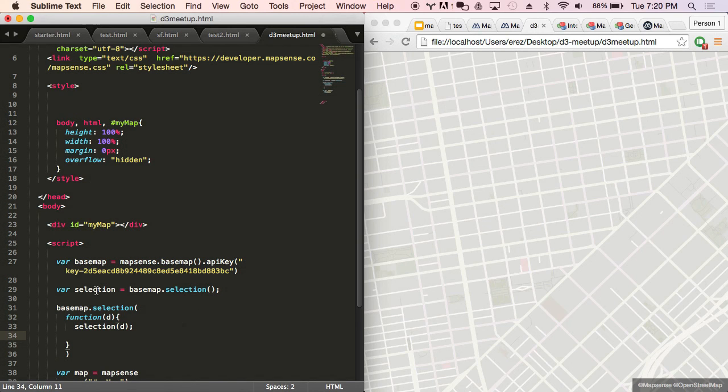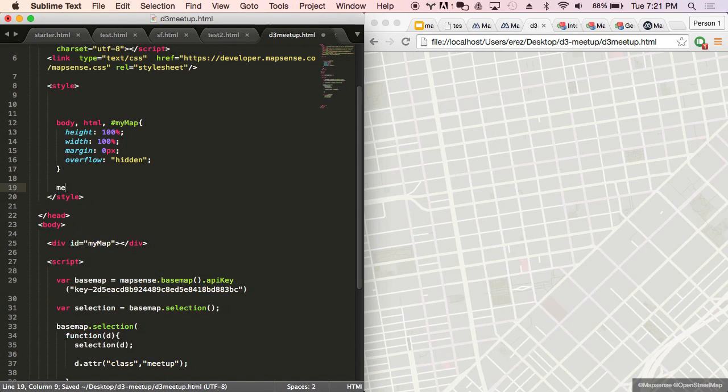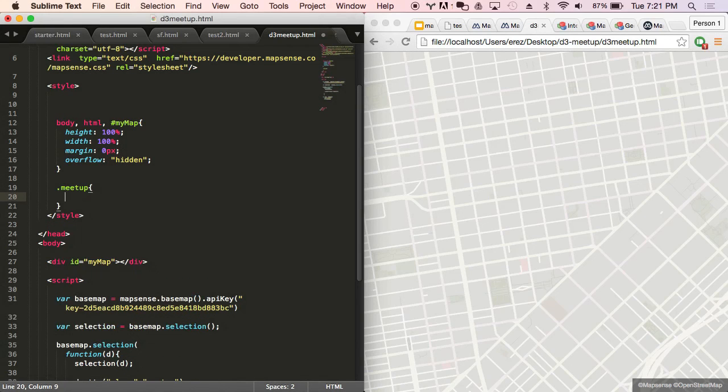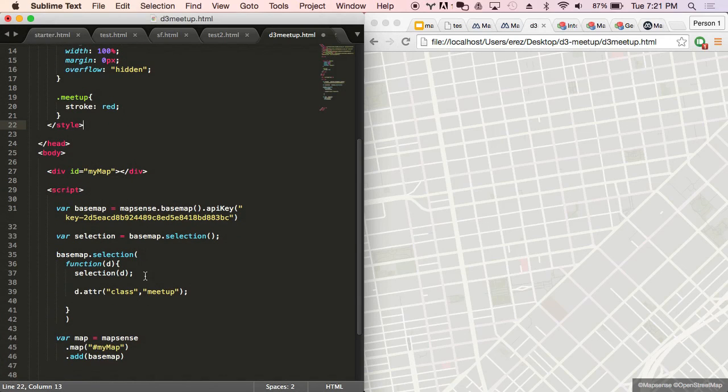So you can see, I'm running the initial base map selection in my selection function, and now I can do D3. So I can do d.adder. Let's just make it. Let's do something fun. Let's class everything. Sorry, that's not right. So what this should do is class everything, every feature, like in every tile with this meetup class, and then